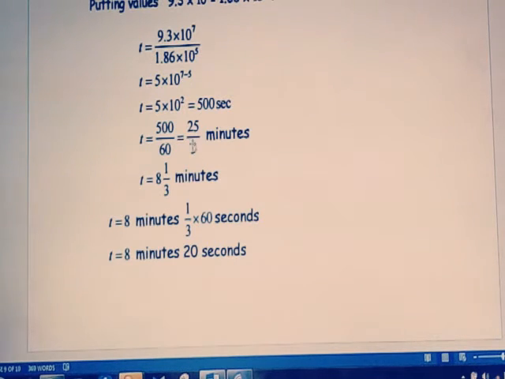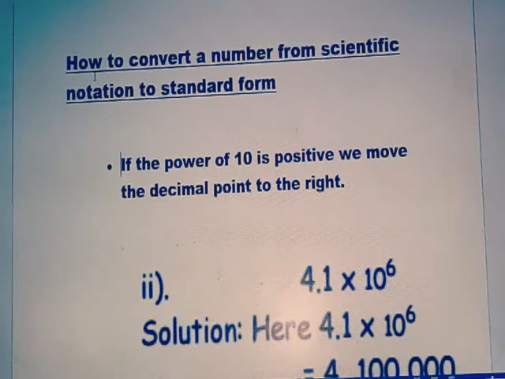25 by 3, when we divide this, is equal to 8 whole 1 by 3 minutes. So it means 8 minutes and 1 over 3. Now this 1 over 3 minutes, if we want to convert this again in